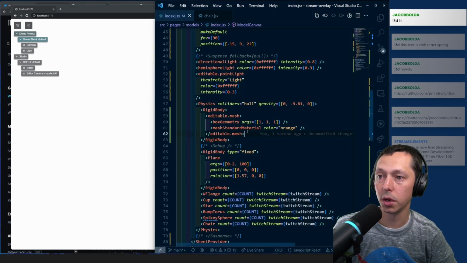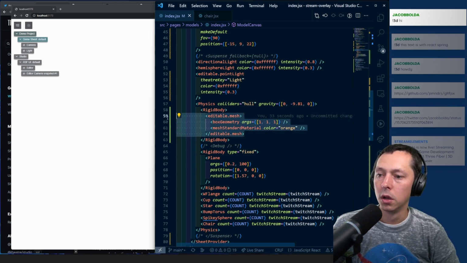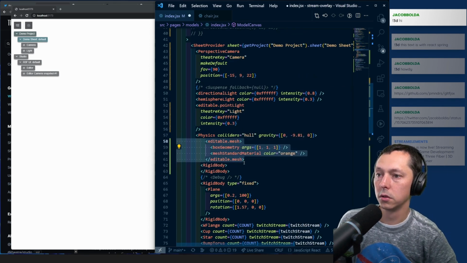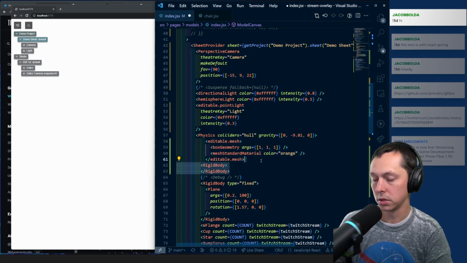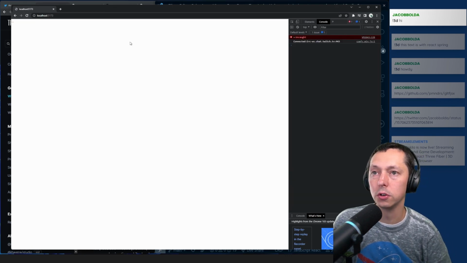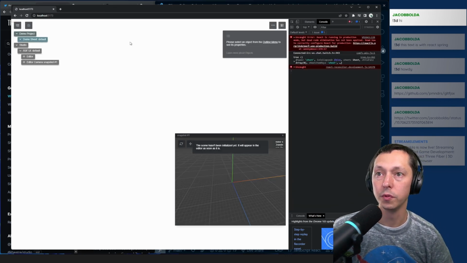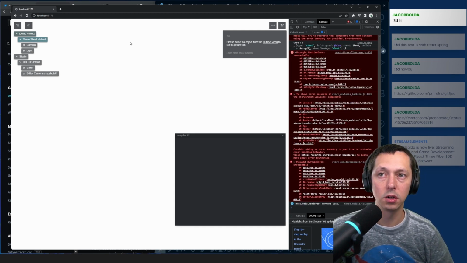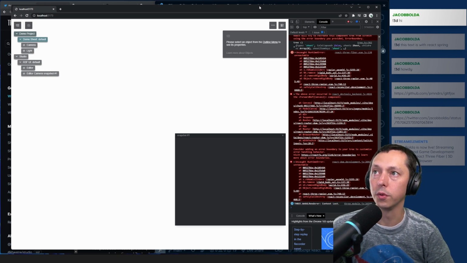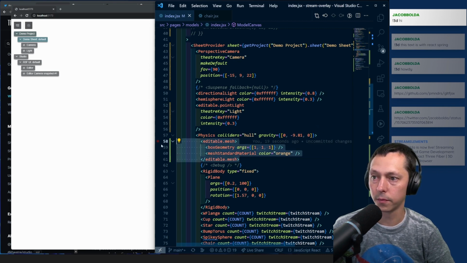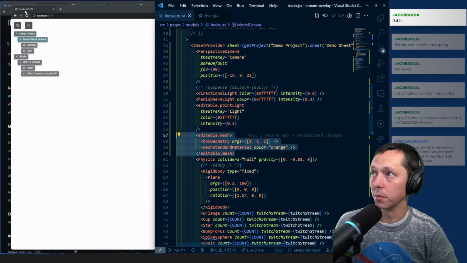So we've got a simple mesh with a box geometry. This is how we would make it editable in the context of Theatre.js. But I think the rigid body is doing something there that Theatre.js cannot work with. So if we move it outside of the rigid body, yeah. So it seems that React Three Rapier is taking over some context here that Theatre.js is expecting to have. If we move it outside of the physics completely,